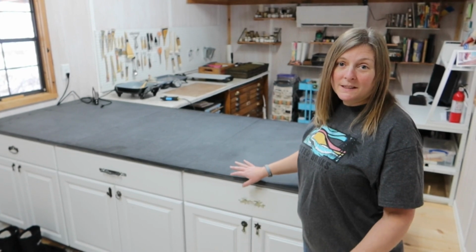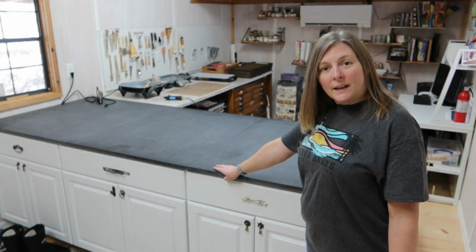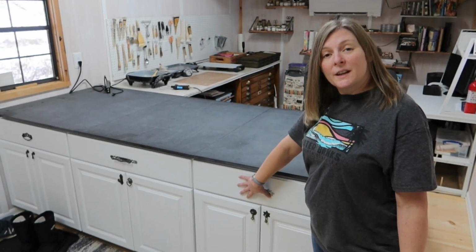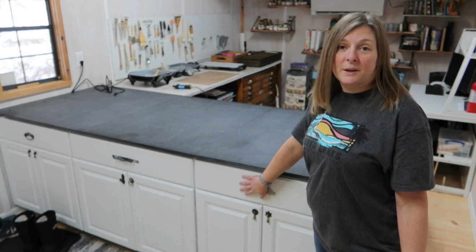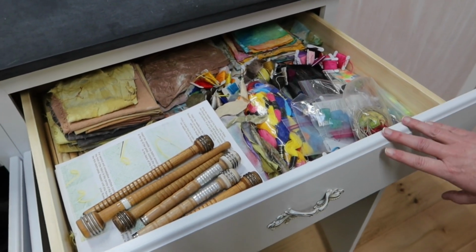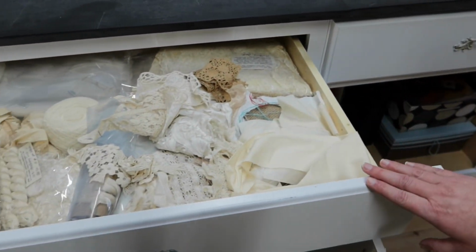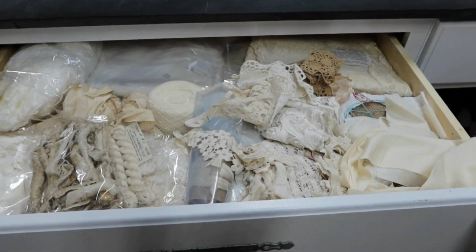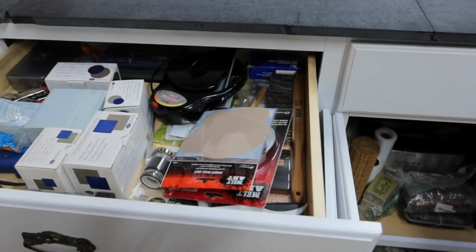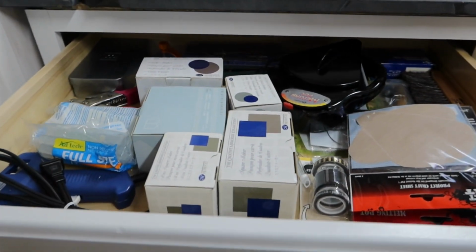On to the opposite side of this space, you will see my large work table. And on this side of the work table is storage, and I house things that I don't use on a regular basis. Things like hand-dyed fabric, lace and fabric that I could potentially dye, punches and miscellaneous tools,